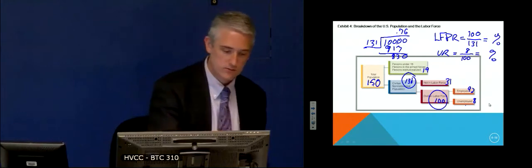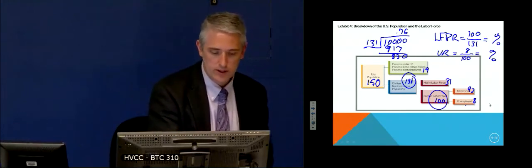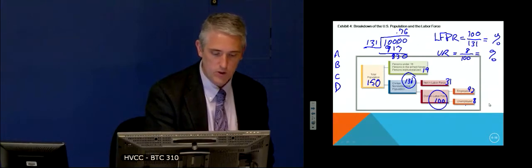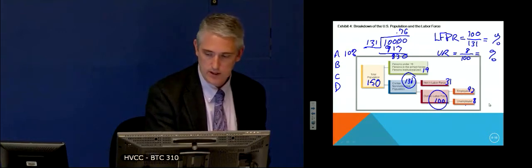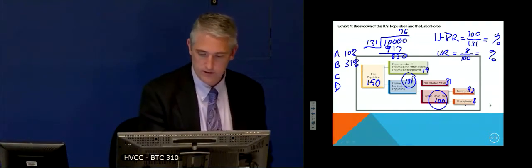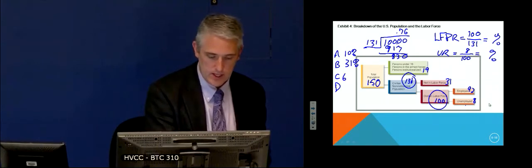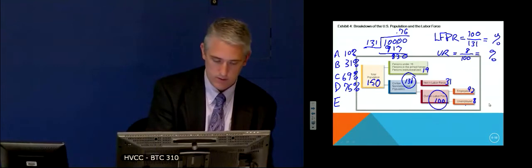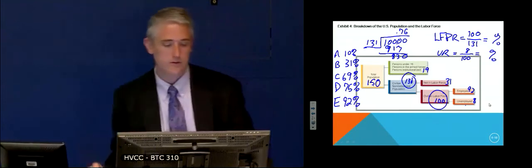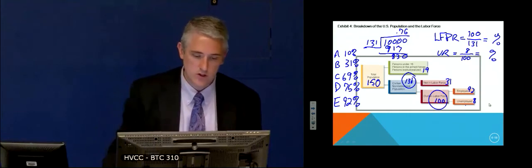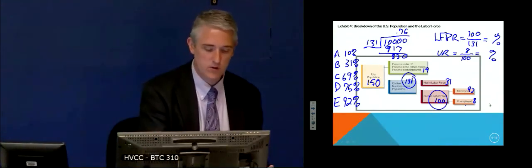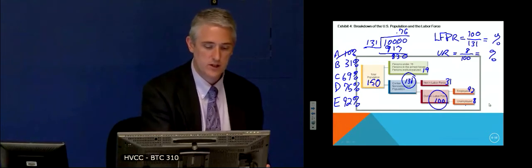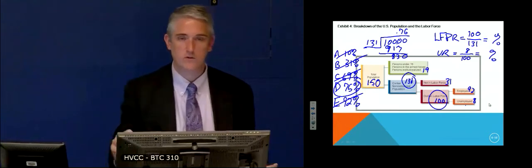So when we look at the answers, what you're going to have is like A, B, C, D. What is the labor force participation rate? And I'll say something like it's 10%, it's 31%, since that's there, it's 69%, it's 75%, it's E, 92%. So the numbers are pretty far apart, and as long as you can zero in, you can go. I know it's definitely more than 70% and nowhere close to 92%. So none of those answers make sense. So you must do D, even though